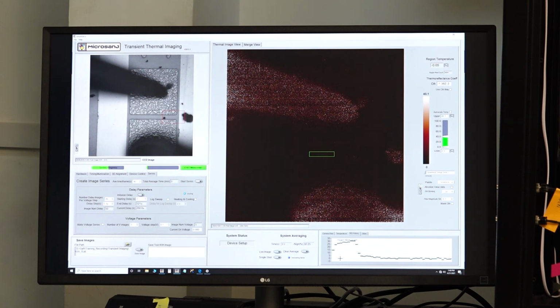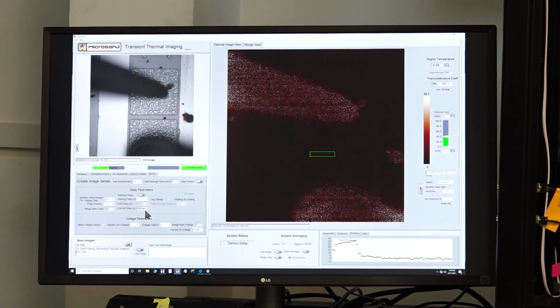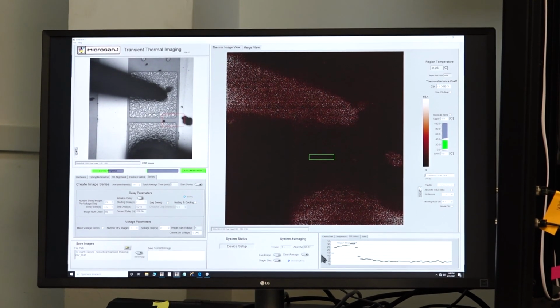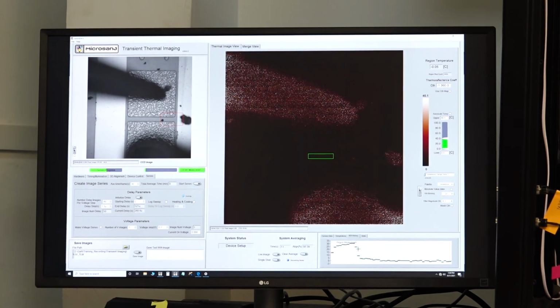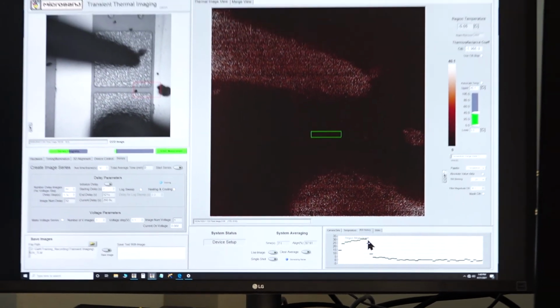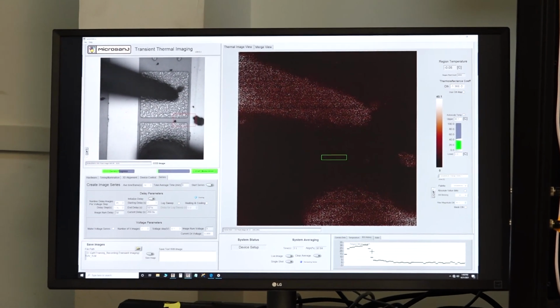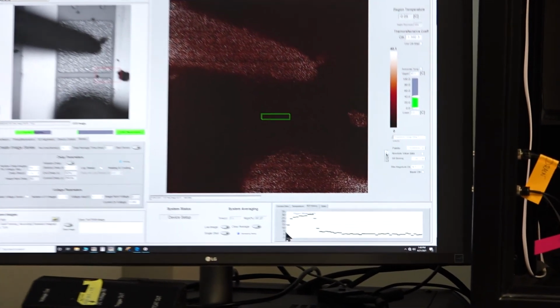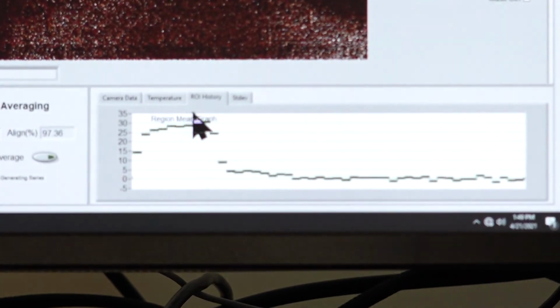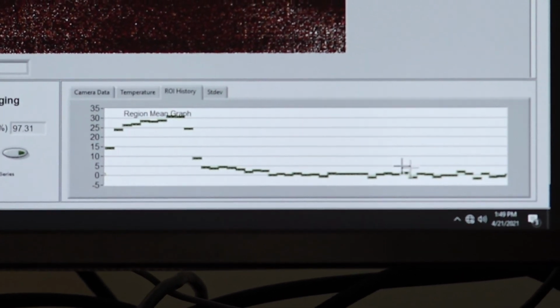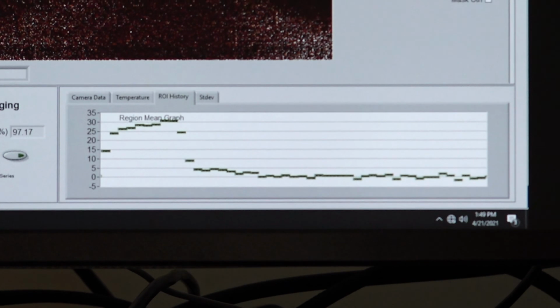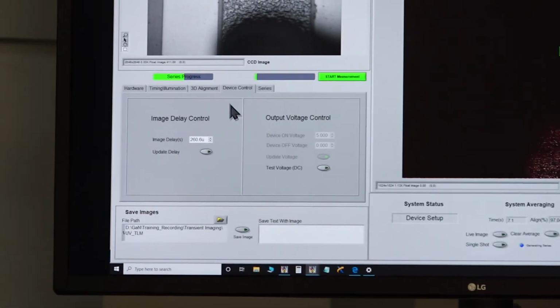So we have scanned through, using the LED pulses, by sweeping the delay, we have scanned through the major part of the transient, starting from 0 microseconds, and you can see the current delay, we have gone up to 260 microseconds. However, please note that the pulse width was 50 microseconds, so we see that in steps of 10 microseconds, the TLM structure of this device has cooled down. So you can see the whole transient from 0, it rises, it saturates, and then it cools down. And then we have given enough duty cycle of 10% so that the device sufficiently cools down.